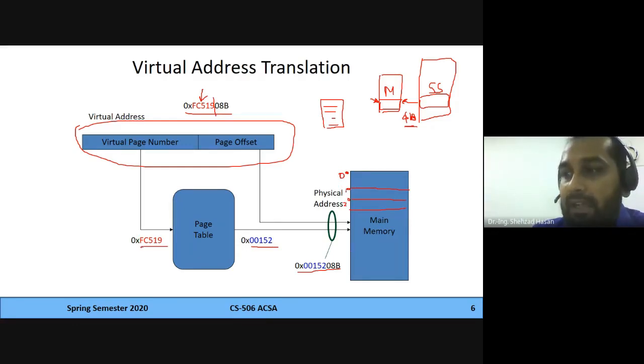So actually what's happening is that this page number, your virtual page number, is mapped to page number 152 of the memory. So it's basically residing in page number 152. So if you need to access anything related to that, it's actually there in page number 152. So we need a translation from this virtual address into a physical address. So this page number 152 is currently holding that particular virtual page, and then you can access that through that offset. So the main thing is that the program is going to generate a virtual address. You need to translate that virtual address into a physical address